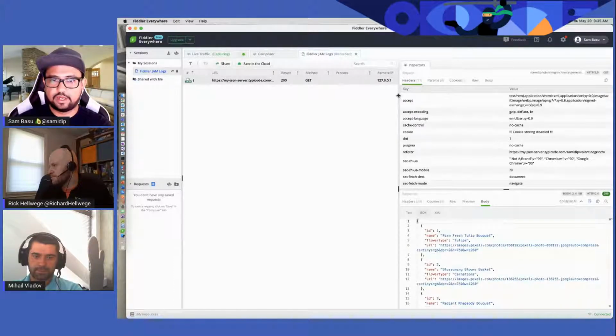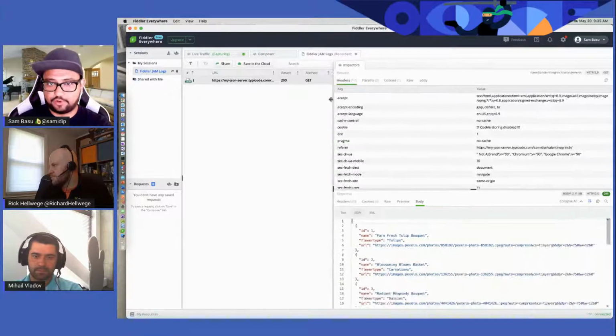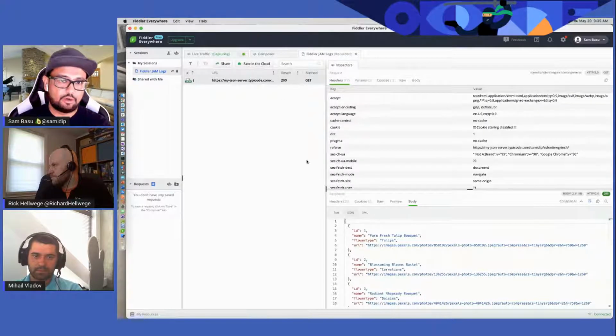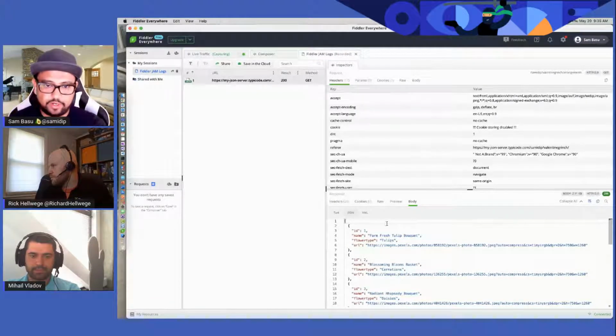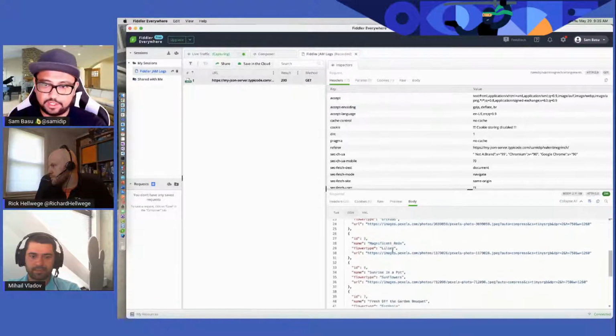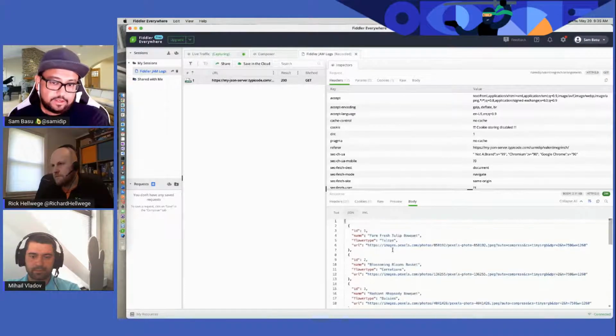And again, if you can envision your users doing this for your applications, you get all of their requests going in and out, like what the request headers were, and this is the request body that's in JSON. So you have a way to very quickly test out APIs, and also while your users are using your application, be able to quickly record what they are seeing in their session.